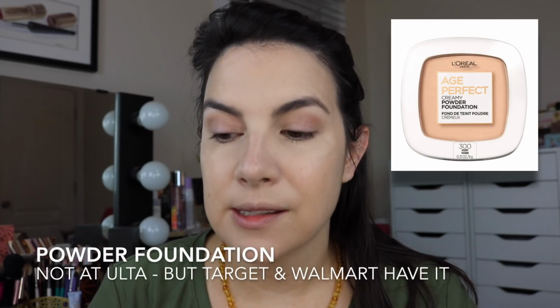But if you're hearing what I'm saying and you're like, I like a lighter, kind of radiant foundation, but I don't know if my skin can handle that amount of moisture, or I'm worried about the staying power, look to the Infallible Pro Glow line, because it'll be kind of like this look, but a little less richness and texture. Now guys, I'm not sure if there's a powder in this line. I got every element of this line that was being sold on Ulta's website, so that's what we're working with today. We've got a blush and some lip colors coming up, but for now, just to finish the complexion,